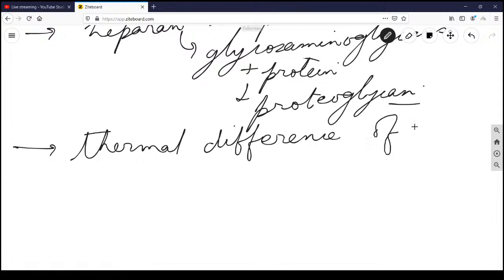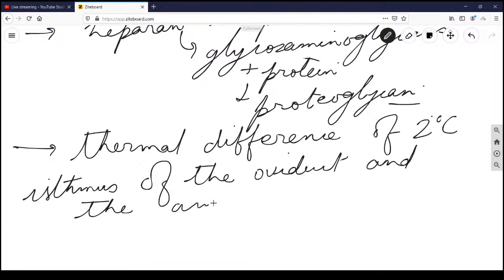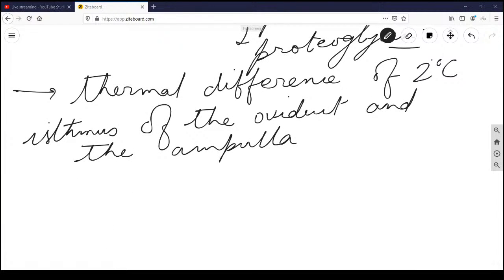So a thermal difference of up to 2 degrees Celsius is present between the isthmus of the oviduct and the ampulla, or the ampullary region. This is the thermal difference, or thermal gradient, which is normally present. Now the capacitated mammalian sperm can sense thermal differences as small as